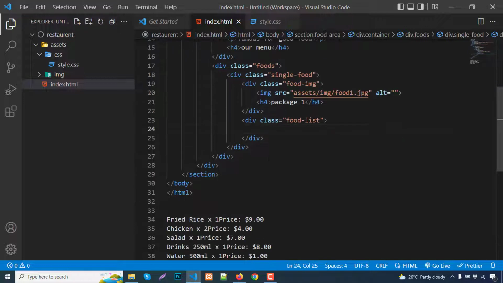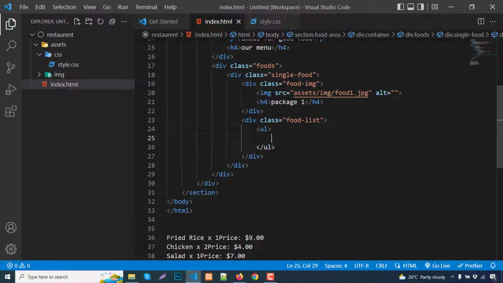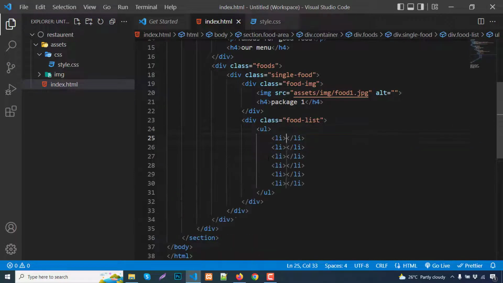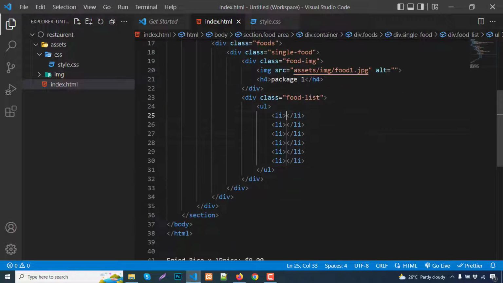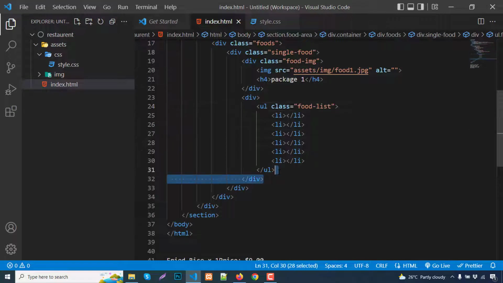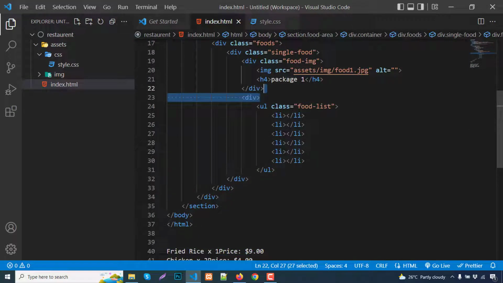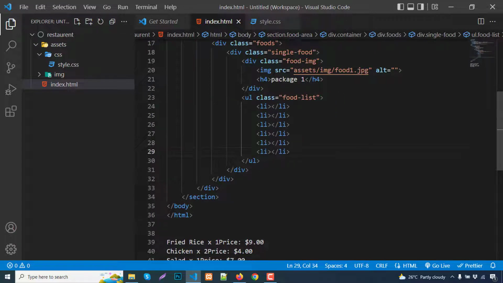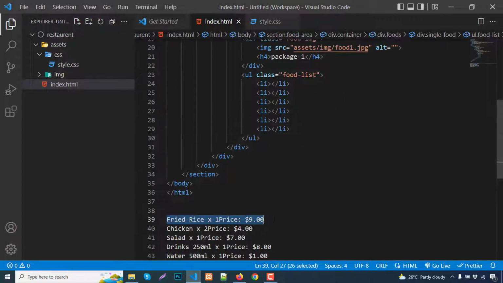Inside the food list we write a ul with li, like 5 or 6 li. Maybe we don't need this div, we just add this div in the ul, so the code will be less. Okay, fine, it will be okay. So I remove this extra div and make the alignment. Okay, so first is this item,